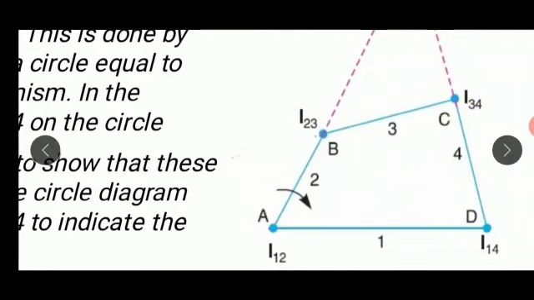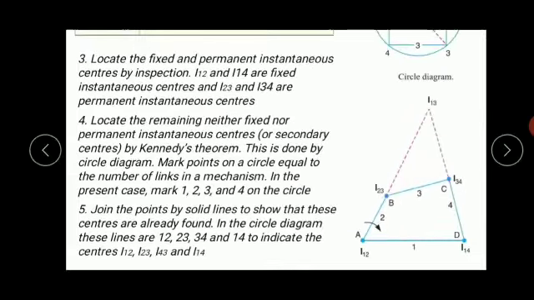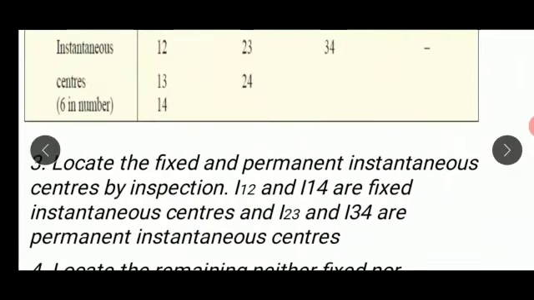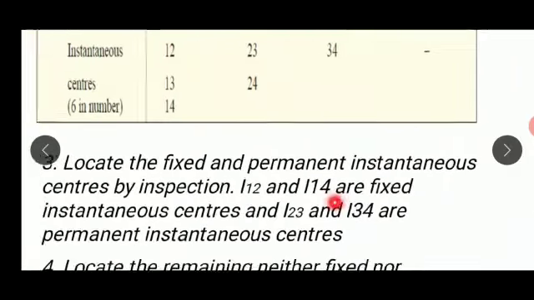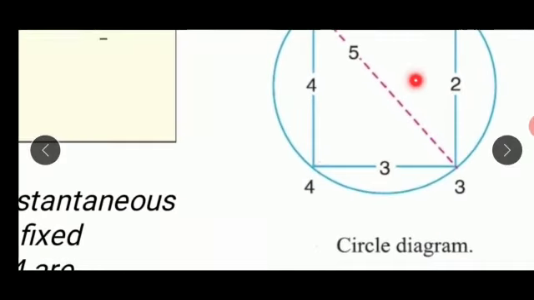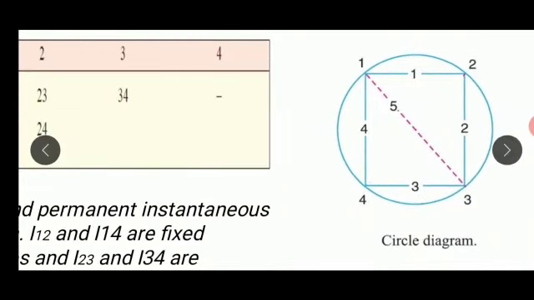on link 3 or link 2 or with respect to link 4 when the movement for the link or crank is being given to us. So we are left with 2 instantaneous centers, and these are I13 and I24. Let us locate these 2 instantaneous centers also. In order to locate them, first let us draw a circle, and on this circle, let us have all the 4 links.